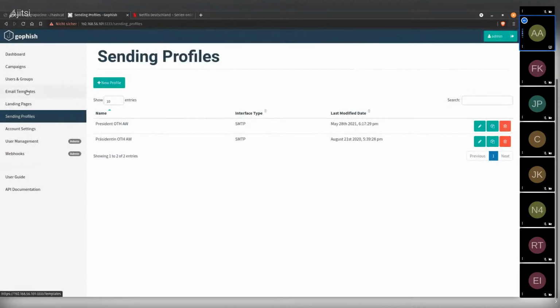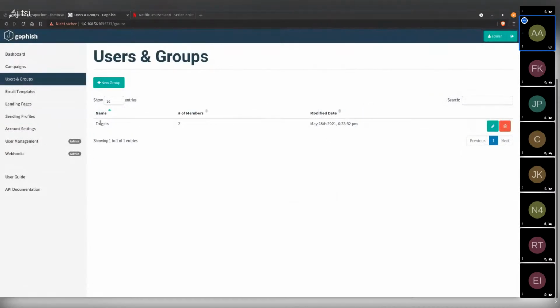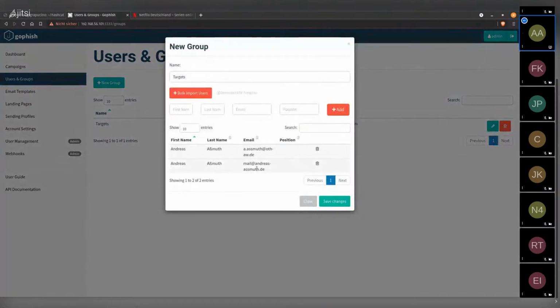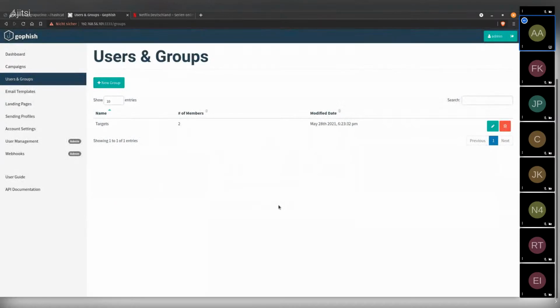Of course, I need a group of targets, and in this particular case, I have entered one of my personal email addresses and my university email address. So there are just two recipients for this phishing campaign. It's because this is just a lab environment, of course, and I do not want to make a real phishing attack. So as I said, you need a story, and my story would be to get